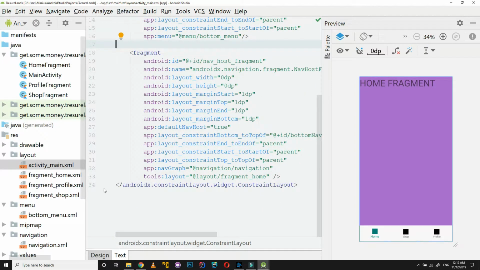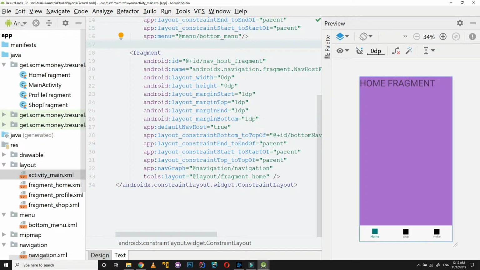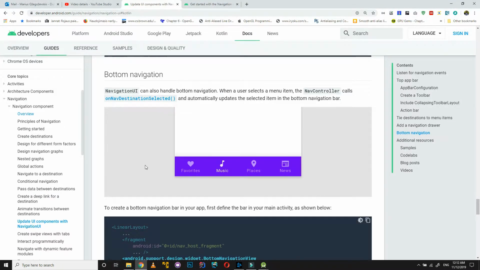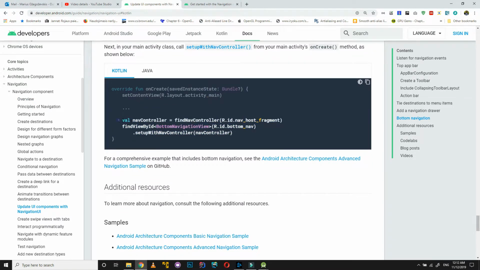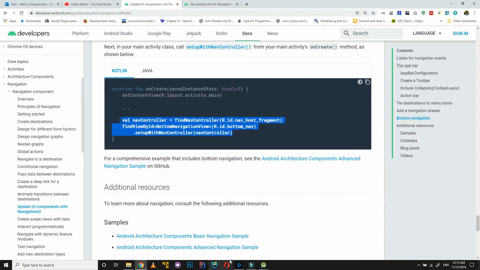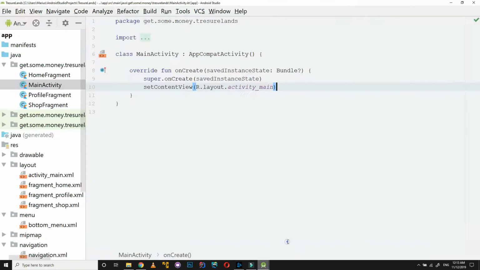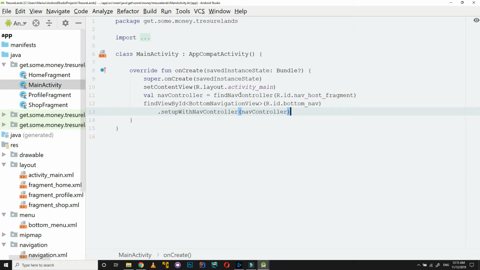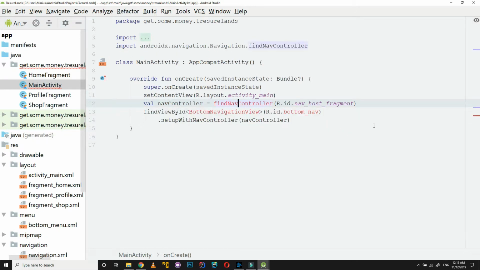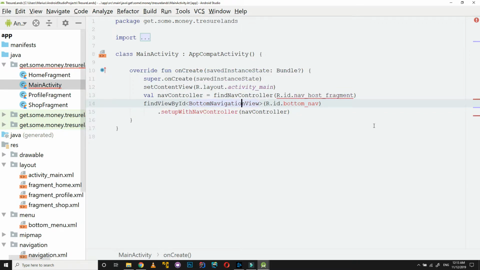You have the working menu, but you need to initialize your events here for that navigation graph. In the main activity you must add some lines, just copy from here. In Kotlin here, in Java it's really similar, it doesn't matter which language you prefer to use. It's really easy to use. And here just add this nav controller class from AndroidX, bottom navigation,